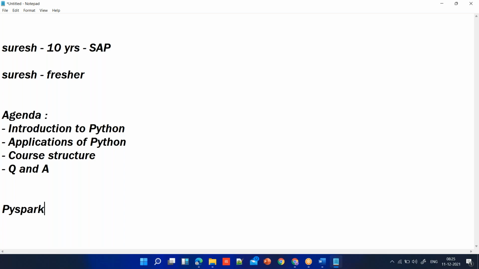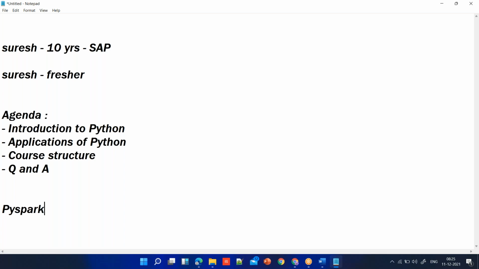I forgot to mention testing using Python, where you automate your test cases. That can also be done using Python. I can list tens of applications or use cases, but the most significant among them would be data engineering and data science.